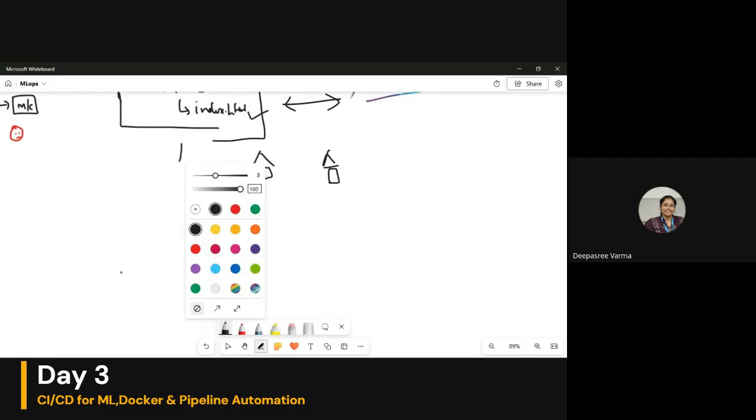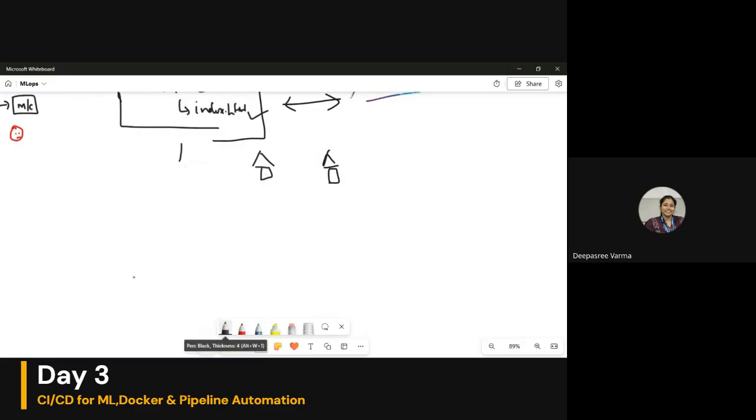In continuous integration, as you already know, we have the file train.py, which when I run creates model.pickle.